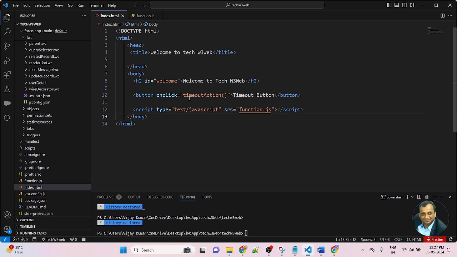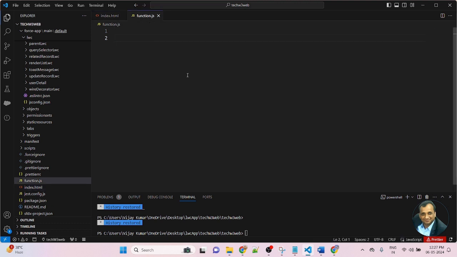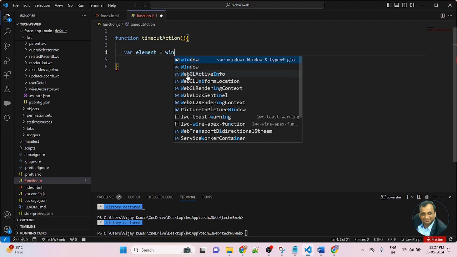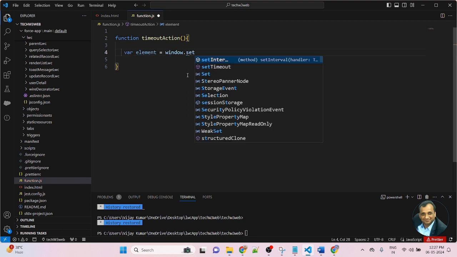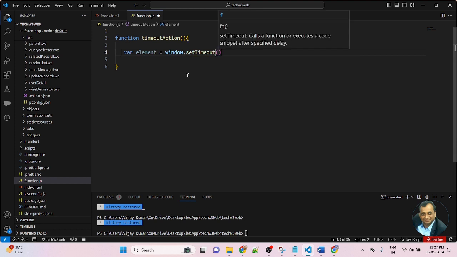Here I passed the method timeoutAction. Copy it and go to the function file. Here I will create a function with the name of the method. Inside the method, I am creating a variable. Let's create element equal to window.setTimeout, with brackets.